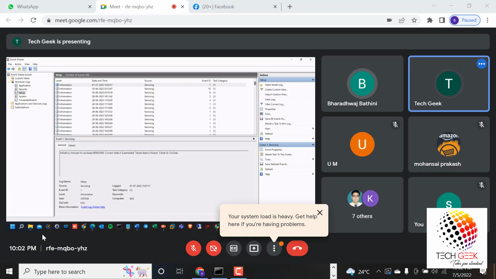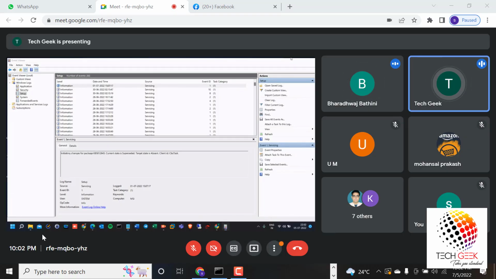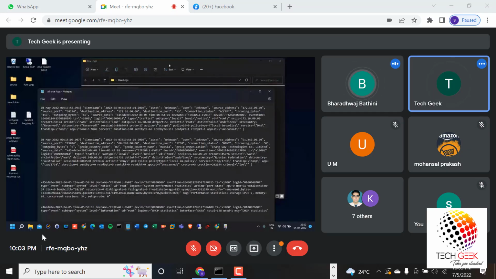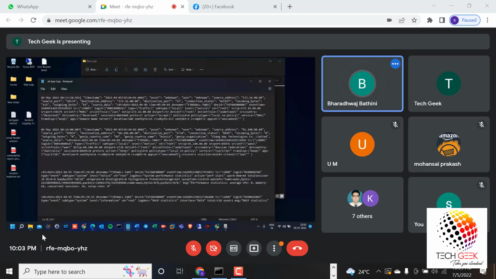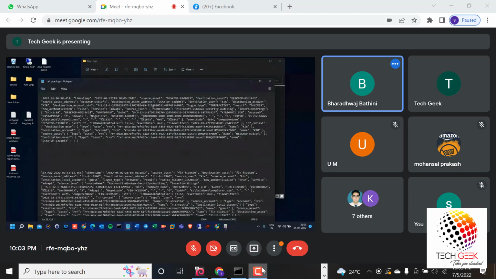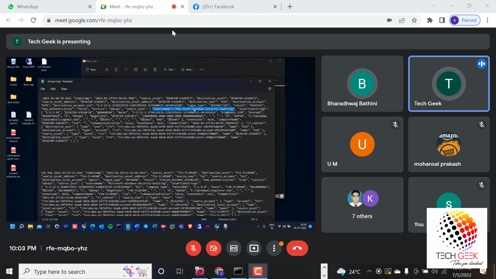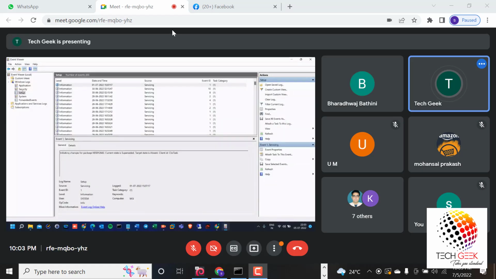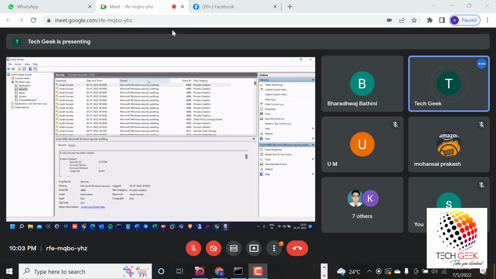If you observe the raw log in the SIEM tool, here source name: Microsoft Windows security auditing. It means it belongs to security.